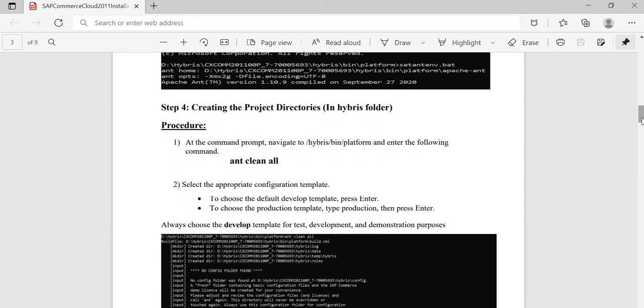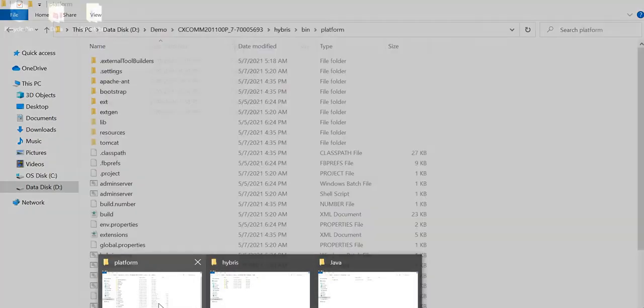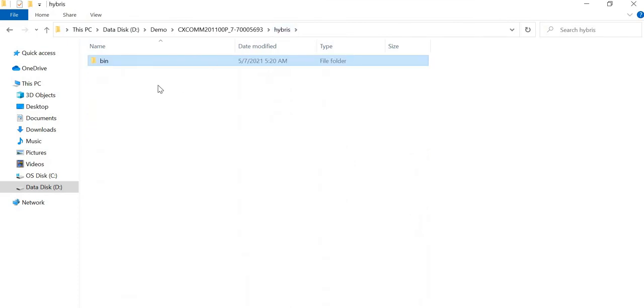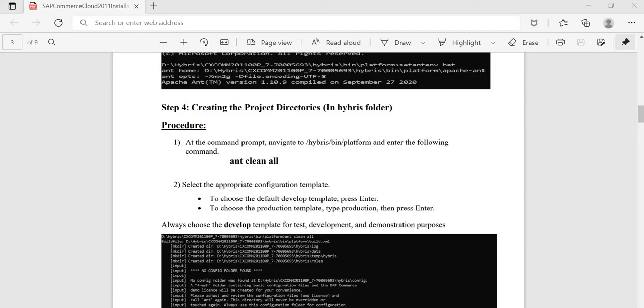So step 4 is nothing but creating the project directories in the Hybris folder. As I have told you already, in Hybris we basically have only the bin folder. So after running the ant clean all command, you will be able to see more other folders as well.